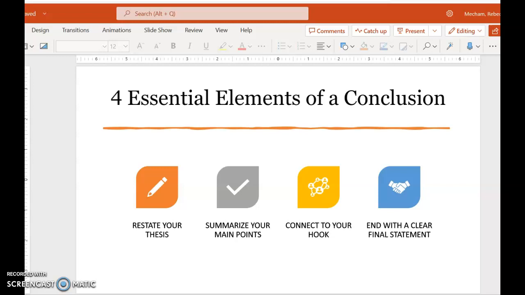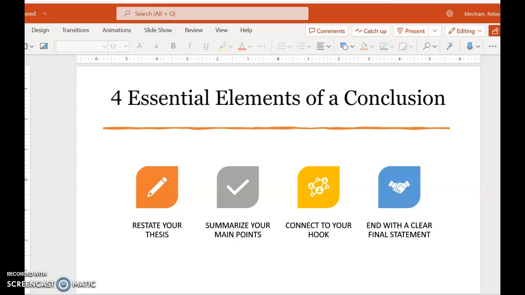So there's a couple of things that you want to do in the conclusion. You want to restate your thesis. You want to summarize your main point. If you brought up some sort of hook in the beginning, you want to connect to that again. So, for example, if you talked about a story about your brother really liking a certain book in the introduction or something, then you bring up that brother again in the conclusion. That's maybe not a good example because you don't often have personal examples in academics, but if it's something that you brought up in the introduction, you want to bring it up again in the conclusion.